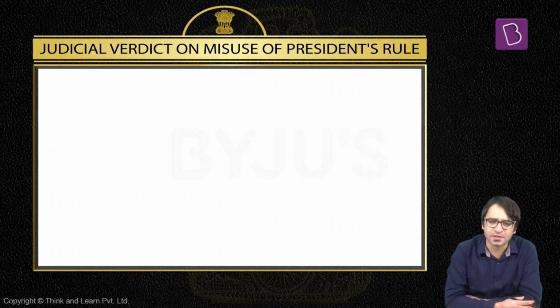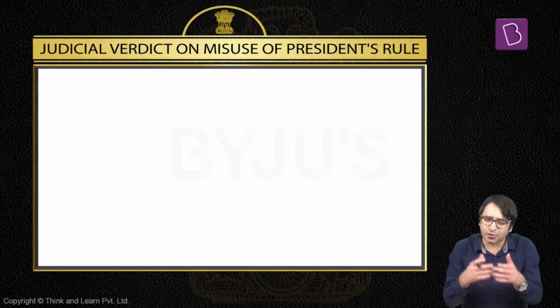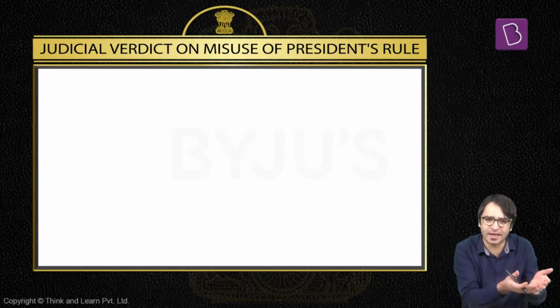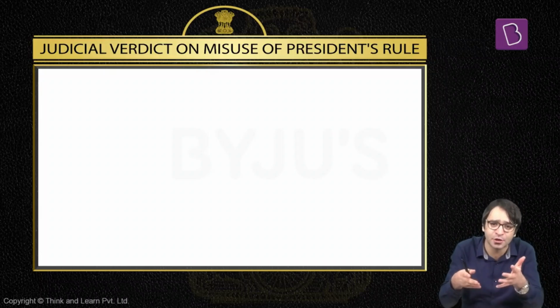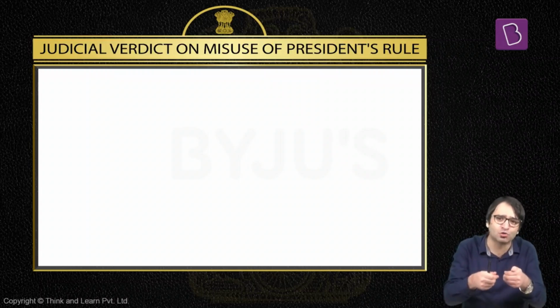For example, 1977 elections. Janata Party won the elections, and Janata Party immediately, 9 Congress ruled states, their governments were dismissed. Why? Because the logic given by the then government was that we just had 1977 Lok Sabha elections. The Congress was routed. The Congress Party was defeated by the people. So if the Congress Party has lost the support of the people, why should in 9 states Congress governments continue? And it was on this logic that the state governments in these 9 Congress ruled states were dismissed, President's rule was imposed.